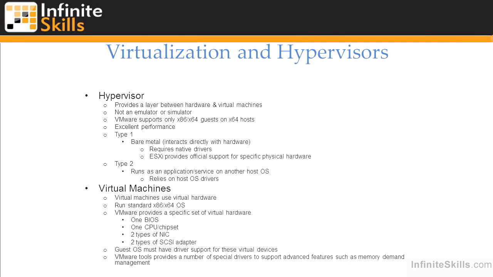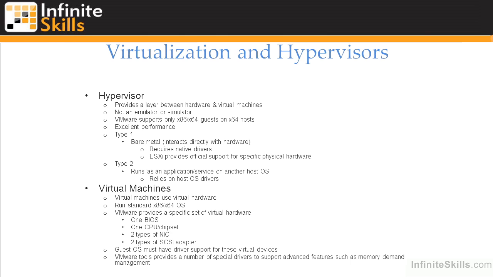And one part of that is ensuring that our virtualization services or the hypervisor services have the best performance that they're capable of providing. And the way to do that really is to run it as a bare metal operating system where the hypervisor has complete control of all the hardware resources. And ESXi works in that sort of type 1 model where it runs directly on the hardware as Windows typically would on a physical server or otherwise,